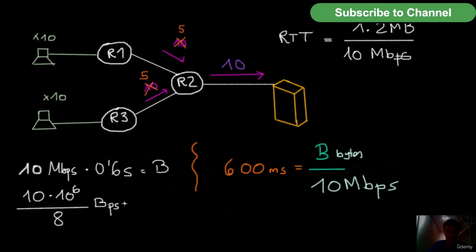And here we have multiplied 0.6 seconds. And so this second with this second gets simplified. And so we got bytes. So this is the value in bytes. And if we compute this, this gives us a value of